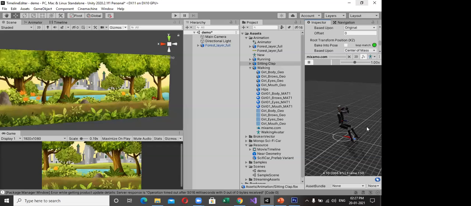First we need to know about the avatar mask. So first we know about the animator first. Yeah, I use this character. See, this is a character. See that. And I rotate.